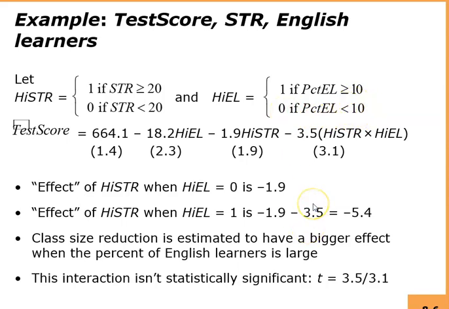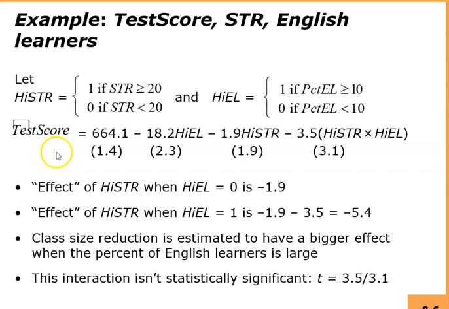So in order to incorporate the interaction effect, we estimated this equation for the test scores with high EL, with high STR, and also the interaction term between these two binary variables. These are the coefficients that we obtained, and in the parentheses over here are given the standard errors for these coefficients. Given this information of coefficients provided in this equation, if I said that I want to know